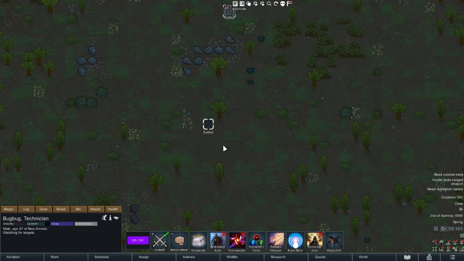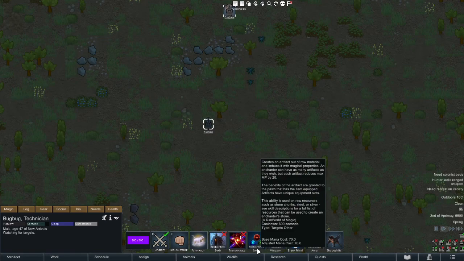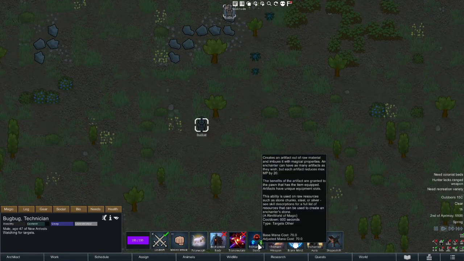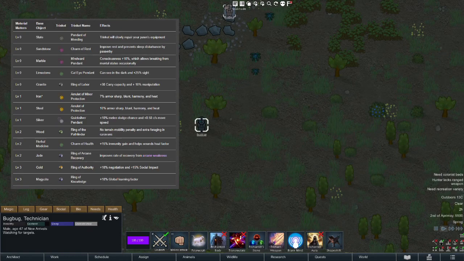The next ability I'd like to look at is one that's a bit hard to talk about on its own, and that is the Enchanter's Stone ability. Enchanter's Stone allows the Enchanter to convert a single natural resource into an artifact. What I have on screen right now is a table that shows you what can be turned into what. This is from the Rimworld of